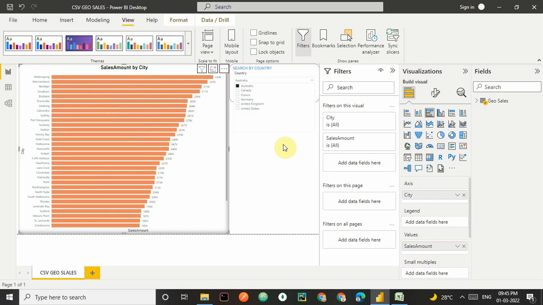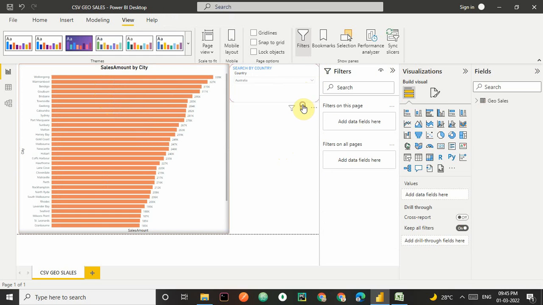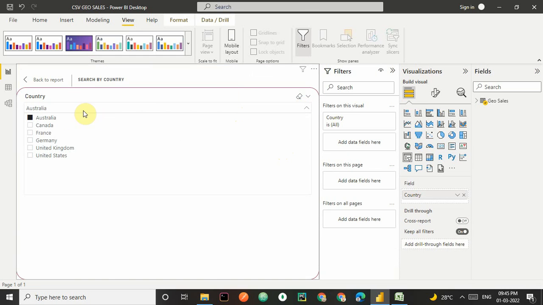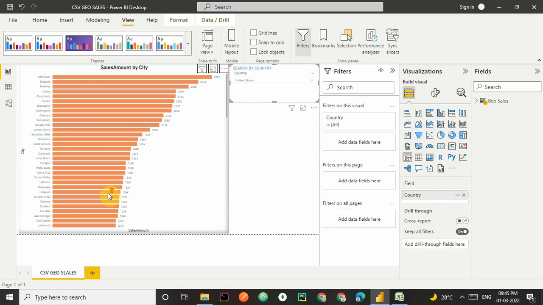If I maximize it, this is all the countries available, all countries' data available in this data set. If I click on the US and